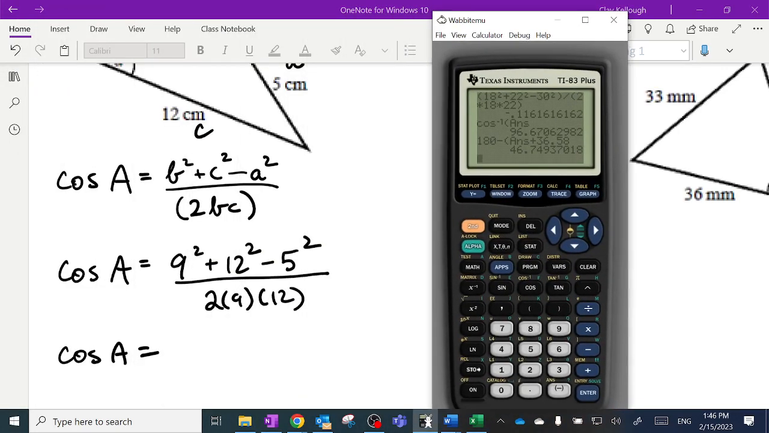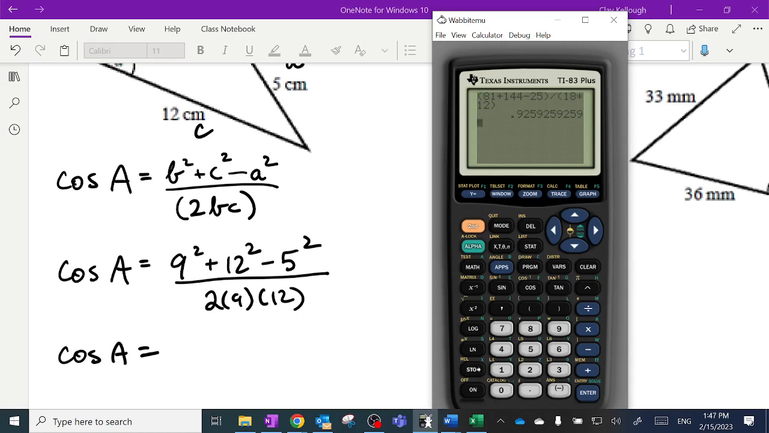moving right along, open a bracket. I kind of know what 9 squared is. Are you okay if I just type 81? I also kind of know that 12 squared is 144, and 5 squared is 25. Saves button punching if you know a little bit of mental math. Divided by, open another bracket, and I happen to not know what 18 times 12 is, so I'll actually just do it. 2 times 9 is 18, so 18 times 12. Close my bracket, equals